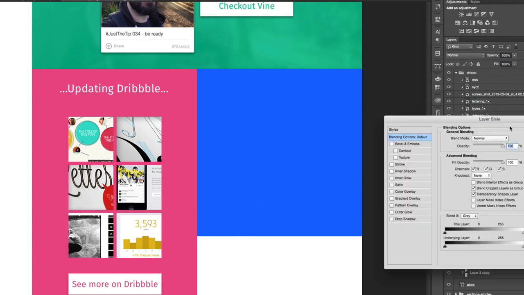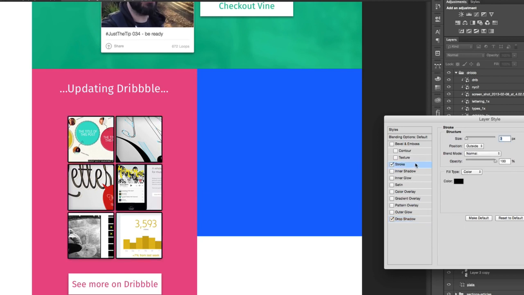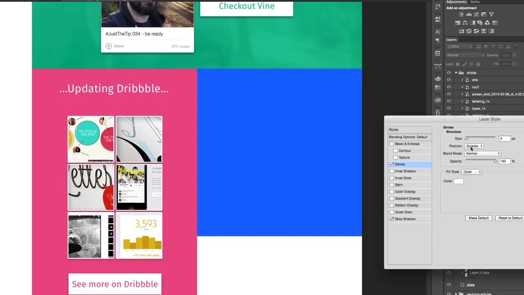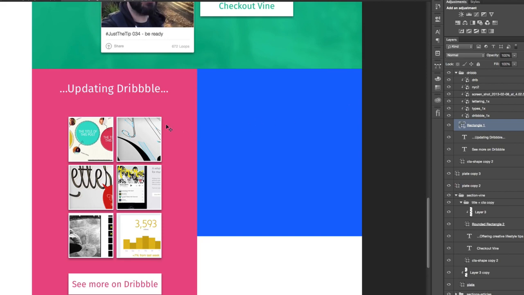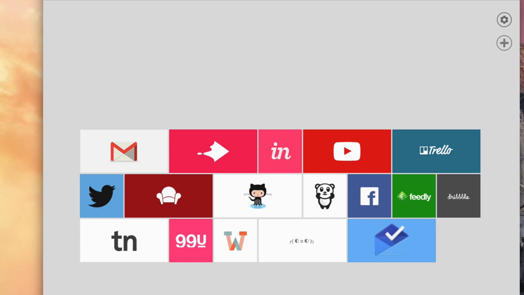That looks good. We can take this rectangle and put that drop shadow on it again. Does that look a little bit muddy? It does look a little bit muddy. What if I put a stroke on them? Color of white. Inset. So this is the dribble, and then in order to do texture behind it, I didn't really have anything for dribble, so I went and I looked at like